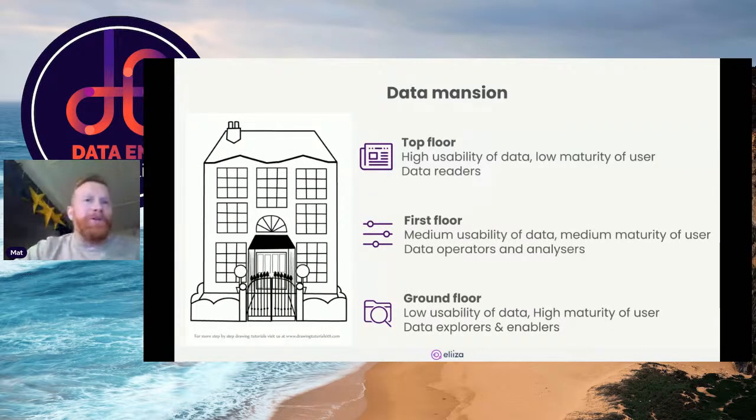So the ground floor, we've got our data explorers and data enablement with low usability of data and a high maturity of user. The first floor is our data operators and analyzers with a medium usability of data and medium maturity of our users. And then the top floor are our data readers. They're the ones who really need that high usability of data because they have a low maturity of knowledge and user.